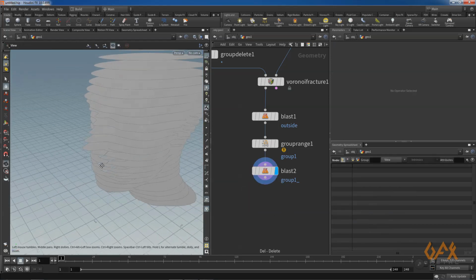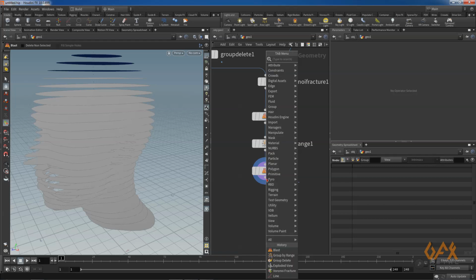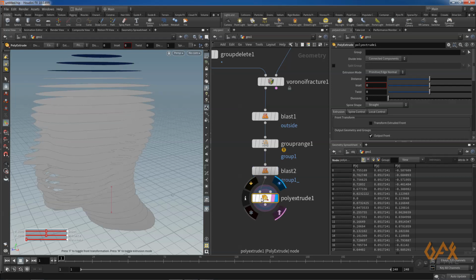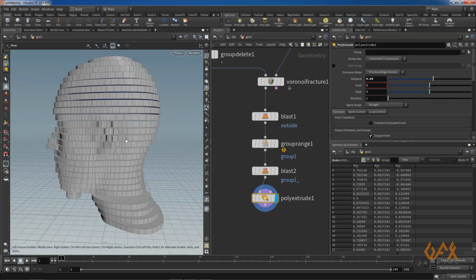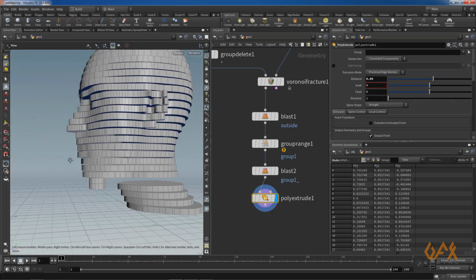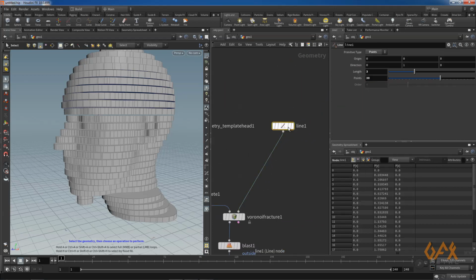Now what you need to do is, first of all I just create this geometry. So for that I just click over here, poly extrude. Okay, and now I increase this extrusion, and you find like this. You need to increase the segments like 40.